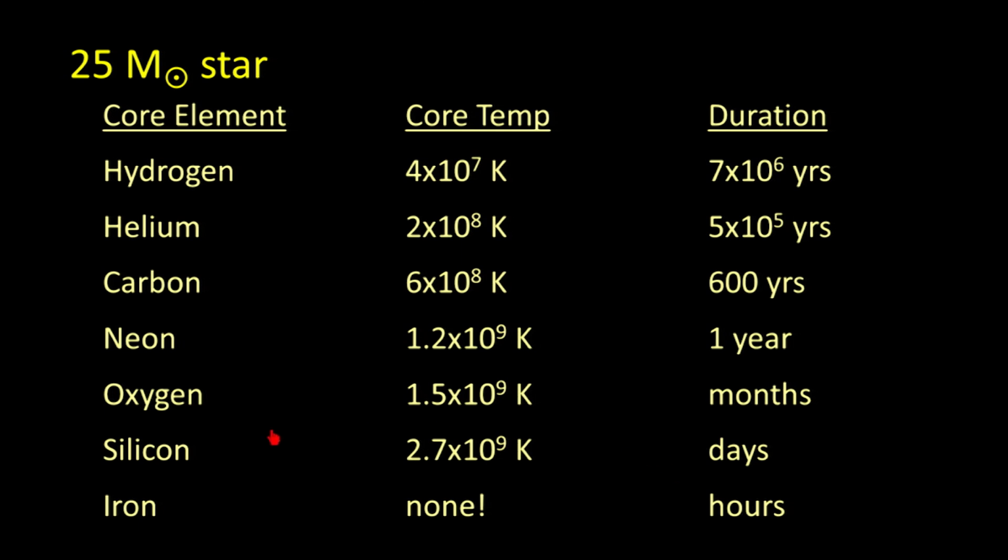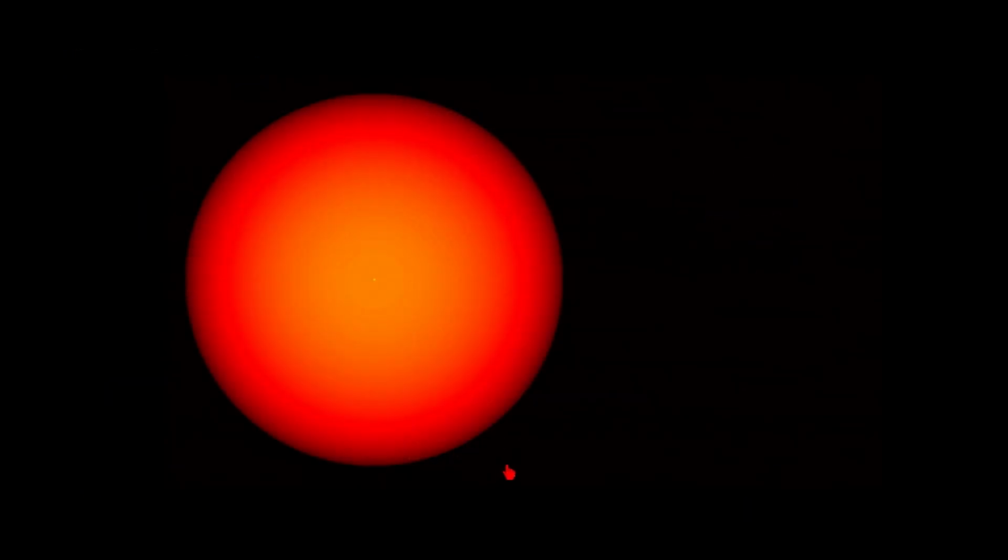Now, it's the last one here that I want to focus on. You'll notice that when the silicon fuses, the fusion of silicon becomes the element iron. Now, the problem with iron is element number 26 on the periodic table. And so what happens is the iron nuclei at the core of the star will not go through the same process of fusion producing energy that all these previous elements have done prior to it. Let me switch to a picture and I'll show you what I mean. So the star has swollen up to become a red supergiant at this point. And I know it's very difficult to see, but there's a little tiny yellow dot at the center.